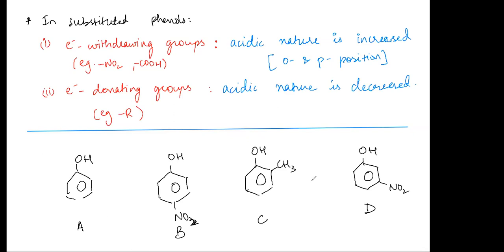So which of these will have the highest acidity? Which is the strongest acid? You can see that acidic nature is increased with electron withdrawing groups, specifically in ortho and para positions. So which will show maximum acidic nature? Ortho and para, Ritvik. You identified the correct electron withdrawing group. So B is going to have maximum acidity, that's the strongest acid. Followed by,